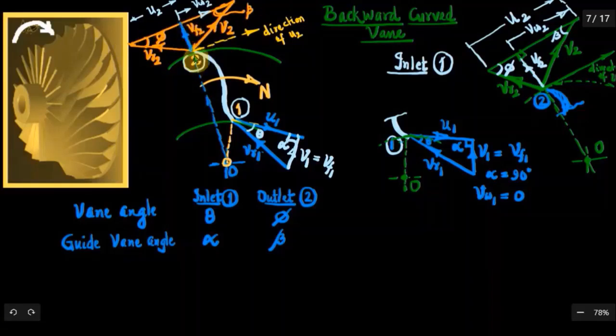If you extend the radius like this, and wherever it meets U2, this is the flow component of velocity, that is along the radius now. The flow component VF2 is not axial, it is radial. So VF2 is along the radius, and that is perpendicular to the tangential direction. If you consider two components of velocity V2, one in the direction of the radius, meaning radial direction, and one in the direction of U2, that component is the whirl component. So we have V2 split into two rectangular components, VF2 and VW2.